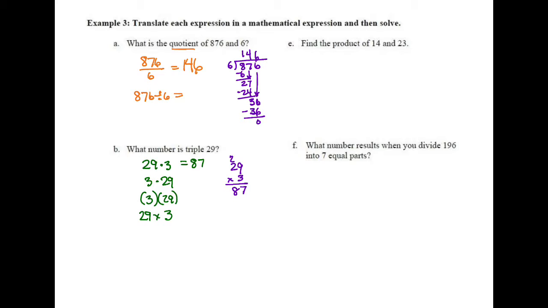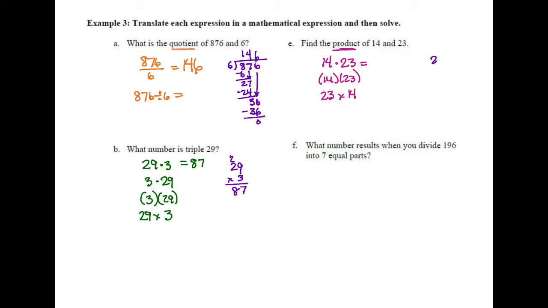Okay, E over on the other side. There's more on the next page, and you'll see that when we get to them. Find the product of 14 and 23. Product means multiply. So we're going to multiply those two. And you can write it any way you want to. And you could even reverse it because multiply is commutative. Okay? All right, so